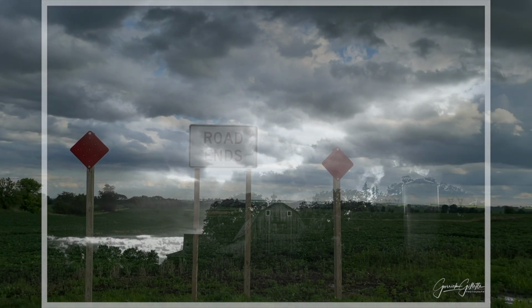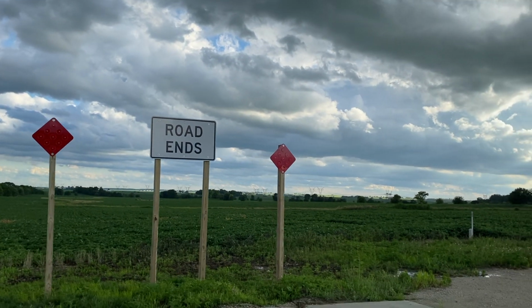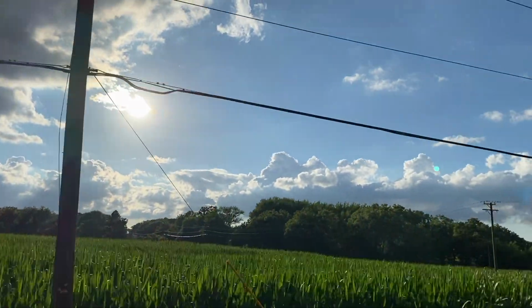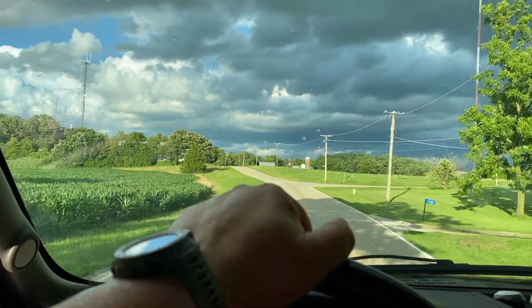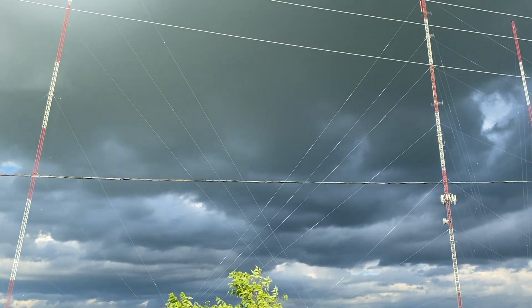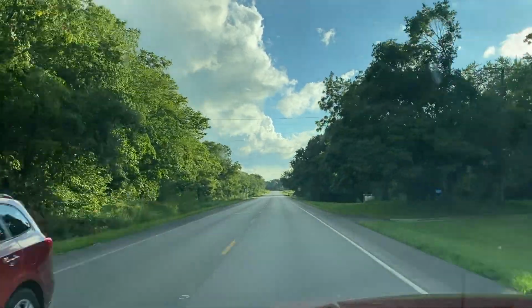Alright, so it was time to say goodbye to this barn, get back out on the road, driving through the country again. And while I was doing that, I found myself looking at the skies, and I was wondering, well, why are we seeing these tornado sirens going off? The weather certainly isn't justifying the tornado sirens, but I kept